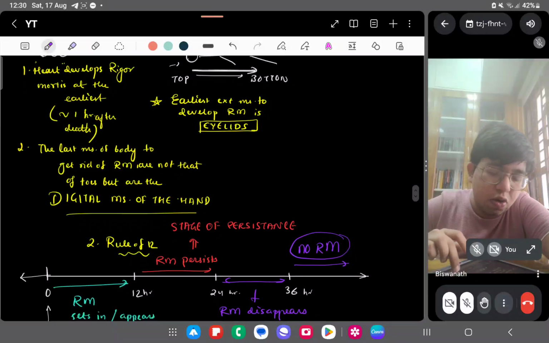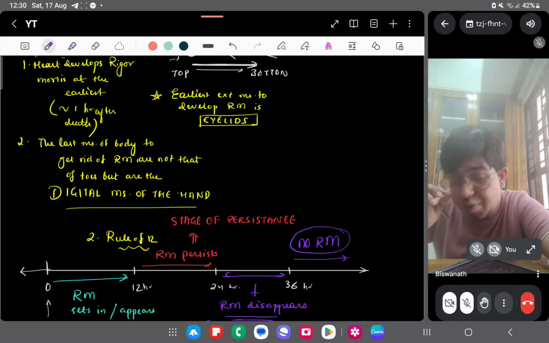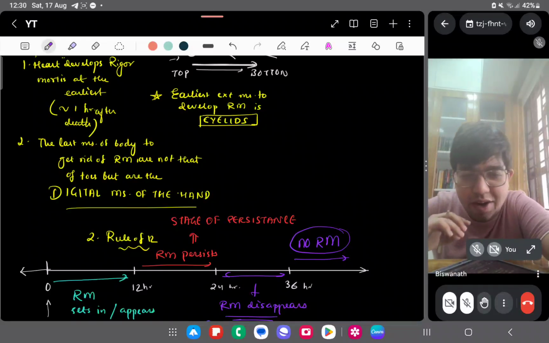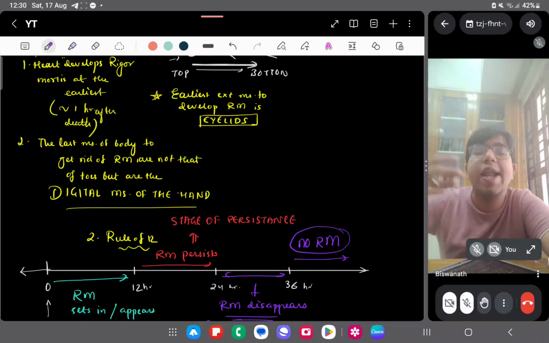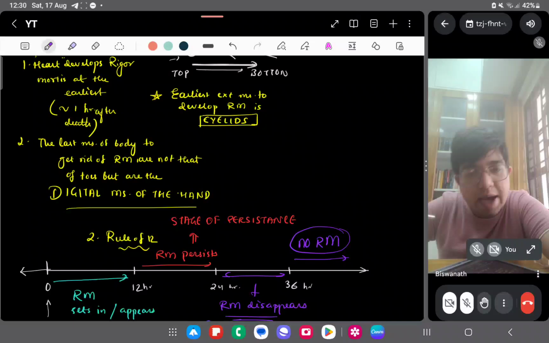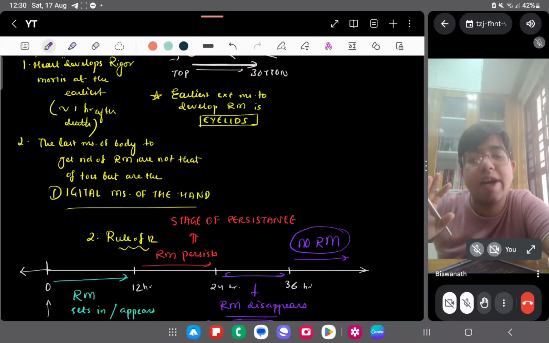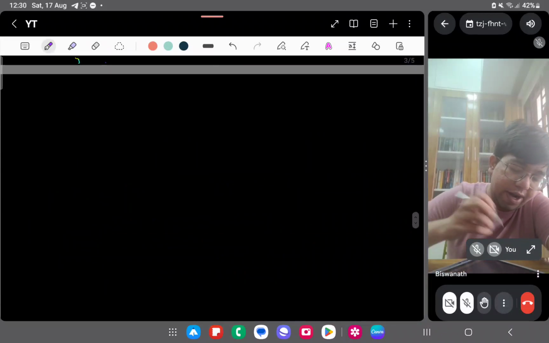Okay. After that, there are some conditions which are simulating rigor mortis. Simulating means conditions that look like rigor mortis, which appear like rigor mortis but are not. Like cadaveric spasm, heat stiffening, cold stiffening, and gas stiffening. All the stiffenings and cadaveric spasm, these are four conditions which look like rigor mortis but are not rigor mortis at all, right? So here we'll write